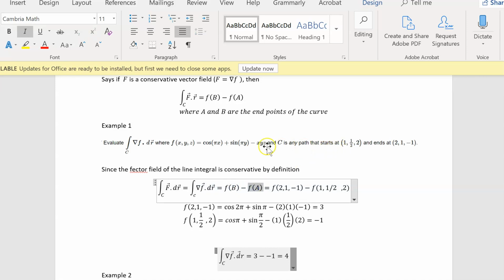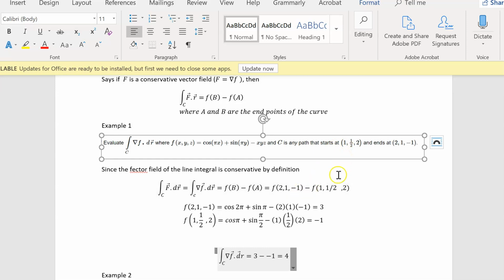So we really don't want to parameterize the curve or anything like that. We only need to know the beginning point and the end point. So what you do is you evaluate the potential function at the endpoint, subtract the potential function at the beginning point. Okay. So when you evaluate the potential function at the endpoint (2, 1, -1),